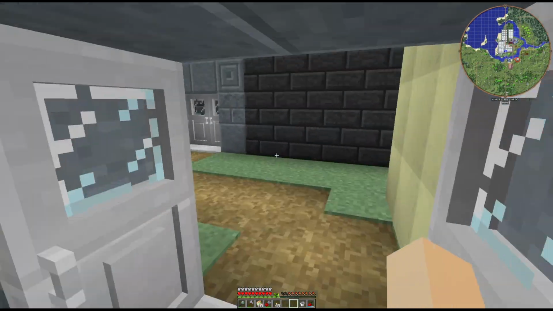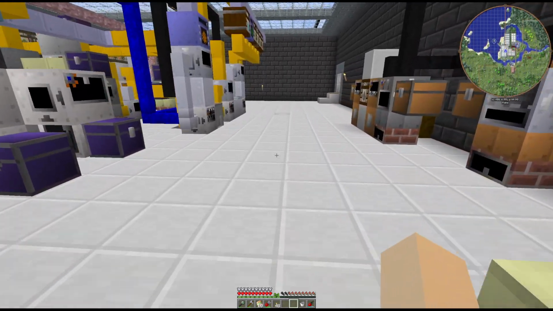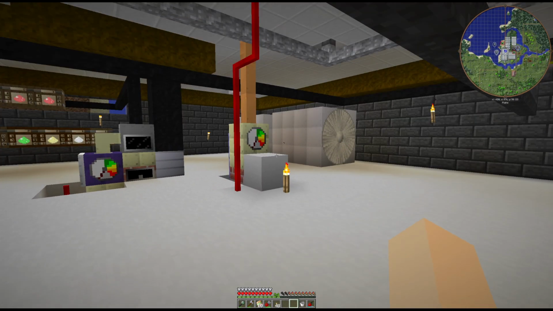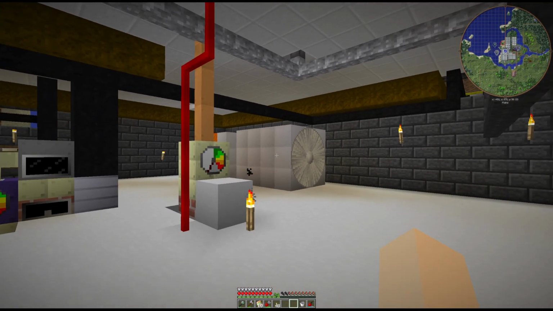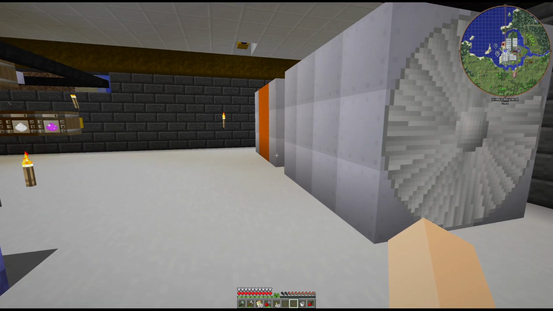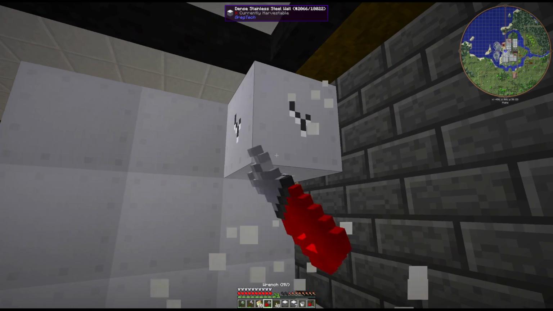I think we might finally be ready to turn on the gas turbine today. I'm still going to have a bit of work to do dealing with the redstone for it. I'm going to have to make a couple of the high-low RS latch sensors, but let's go ahead and first off turn this thing around,